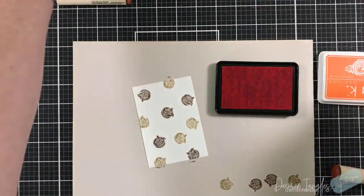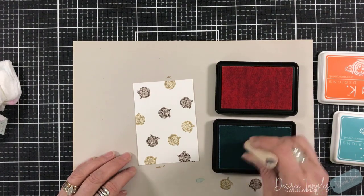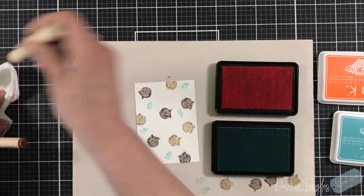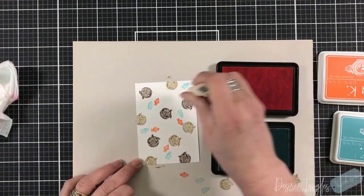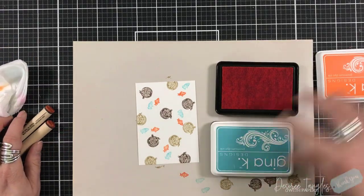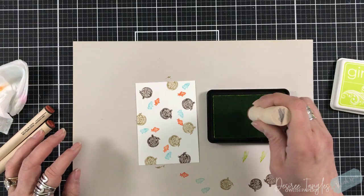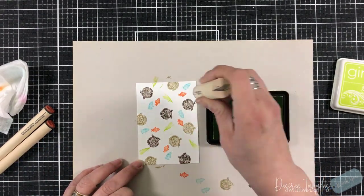So I have this panel cut down a little bit smaller than normal. It's cut down to 3 by 4.5, because we're going to add multiple mats. I'm going to add a light green mat going around what I'm stamping on, and a Kraft mat, and a black mat. Again, it's all about the colors, I feel,